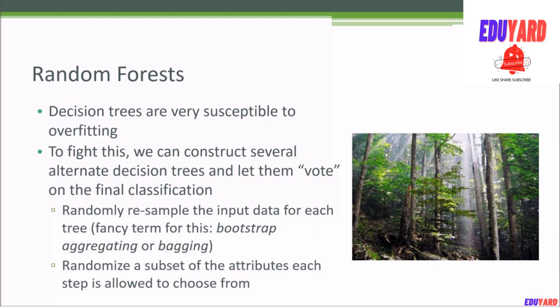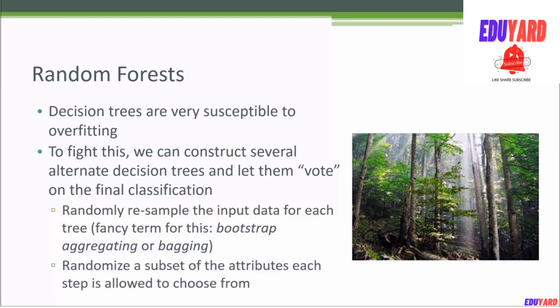Now one problem with decision trees is that they are very prone to overfitting. So you can end up with a decision tree, kind of like we saw, that works beautifully for the data that you trained it on, but it might not be that great at predicting the correct classification for new people that it has not seen before, because decision trees are all about arriving at the right decision for the training data that you gave it. Maybe you did not give it the right attributes, maybe you did not give it enough of a representative set of people to learn from. These can result in real problems.